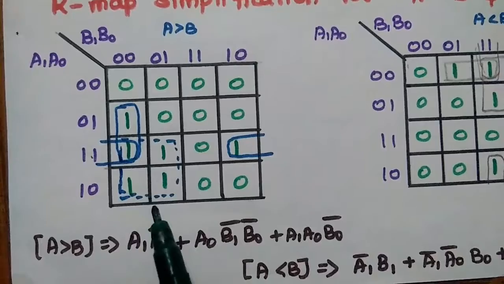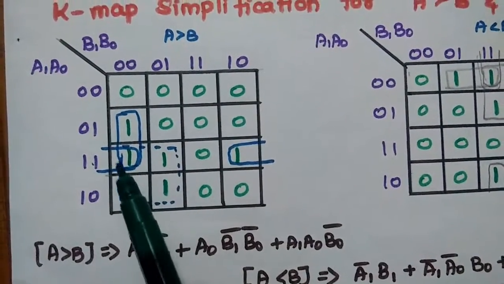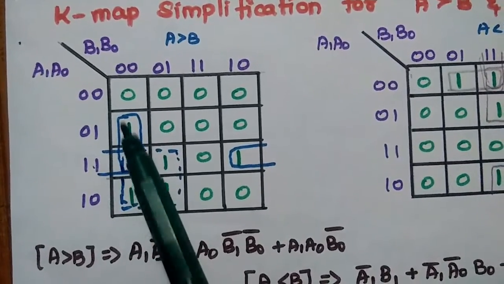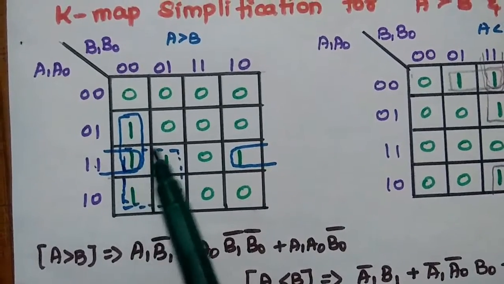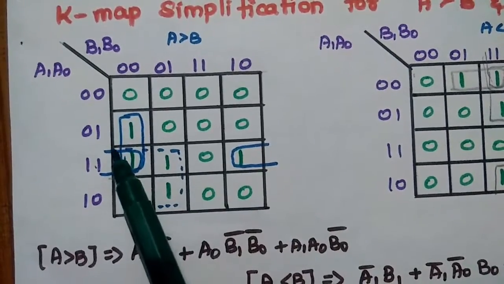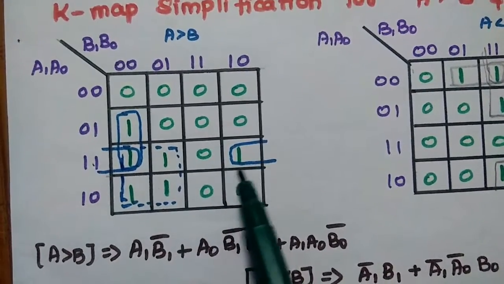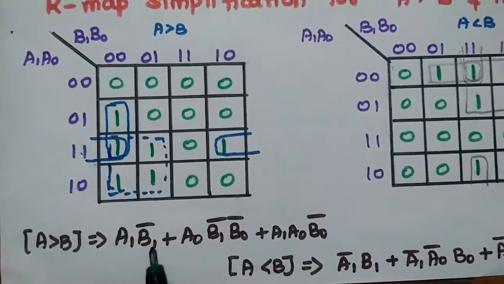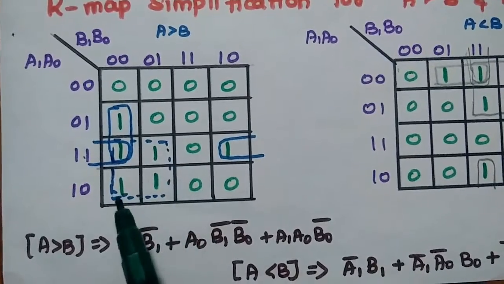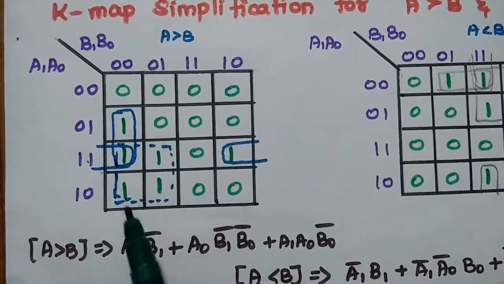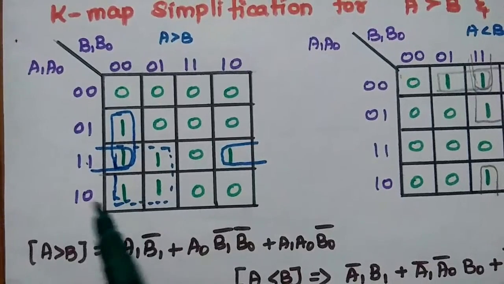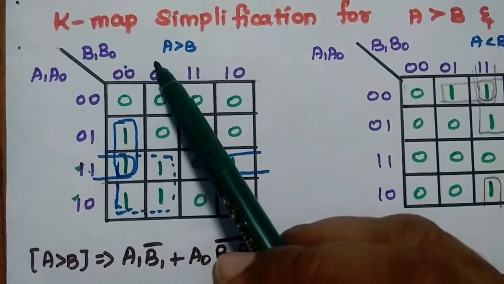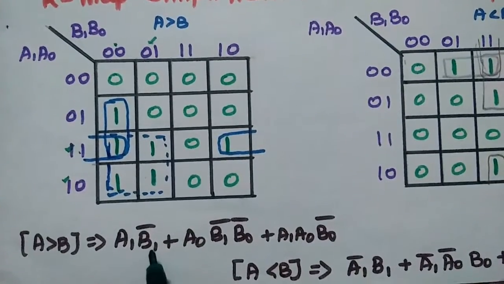So then we have to group the bits. We can group 2 bits together or 4 bits together. So here one combination is this one and another combination is this 4 and there is one more combination, this one and this one. So for this 4 bits grouping we can obtain the common terms, here A1, likewise here B1 bar.